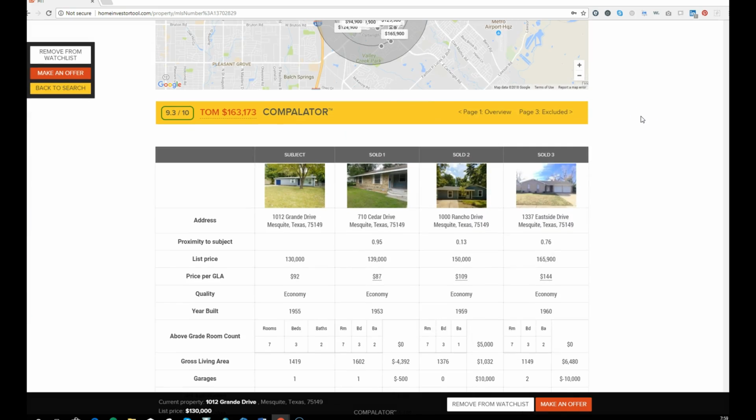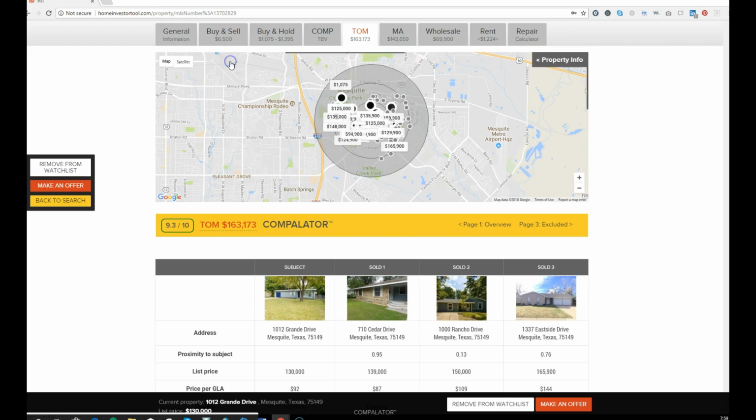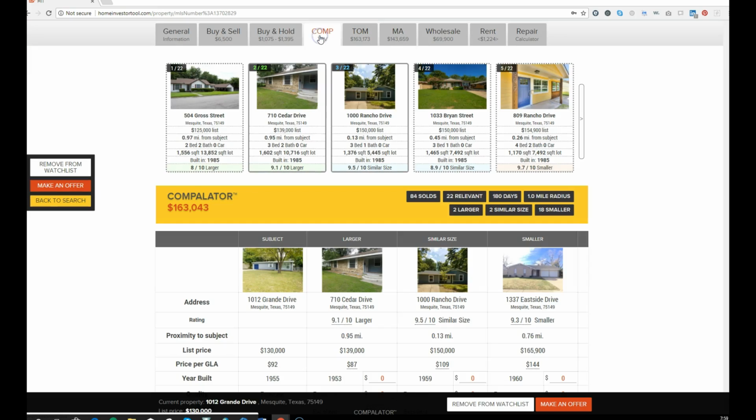The as top of market for this. Now it's currently listed for one... It's AO at 130, so they could have gone higher. All right. Now the other thing you can do is if you don't like the 163, you can come in